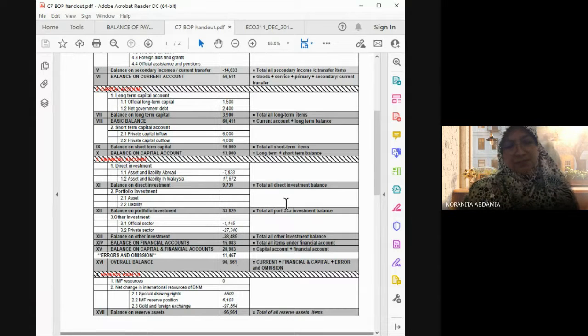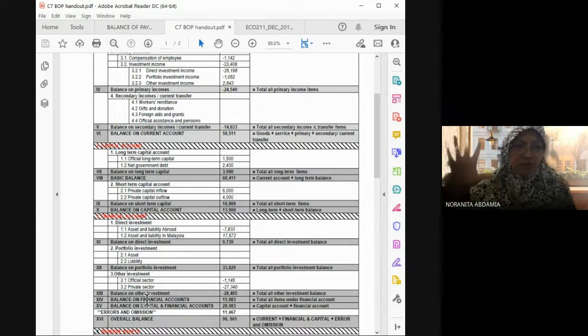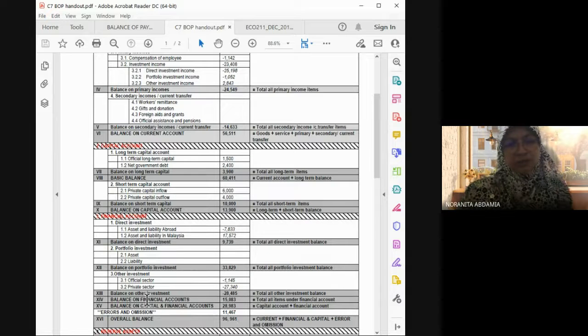So far okay tak? BOP ni dengan part this three major account ni with all this structure and the sub account. Okay, my tips lah, if we want to remember all this structure in order with this position correctly, okay, cuba study betul-betul, hafal, and then try to rewrite back, tulis balik in the other papers, tulis dalam kertas kosong, try, tak perlulah hafal figure ni, tak payahlah, just only this one. Okay, the main account with the sub account. Tulis balik banyak kali. At the end sama tak positionnya macam ni. Sampai you dapat get, oh okay, this is same like the handout. So alhamdulillah, that's when you get, you conquer the topic.